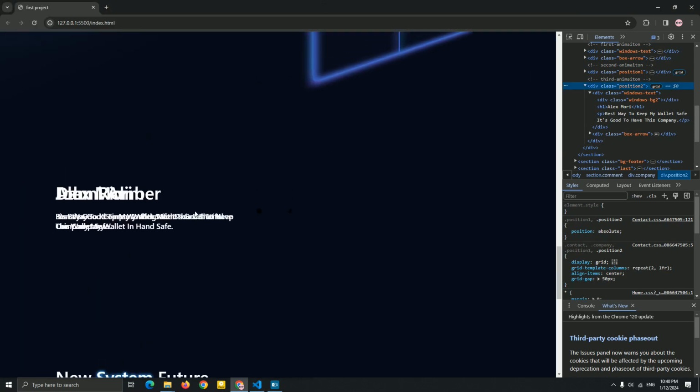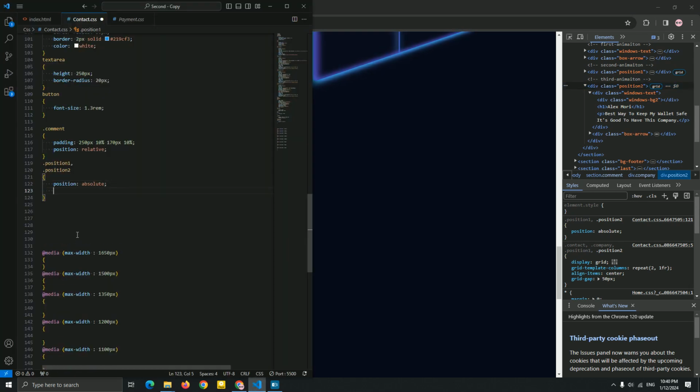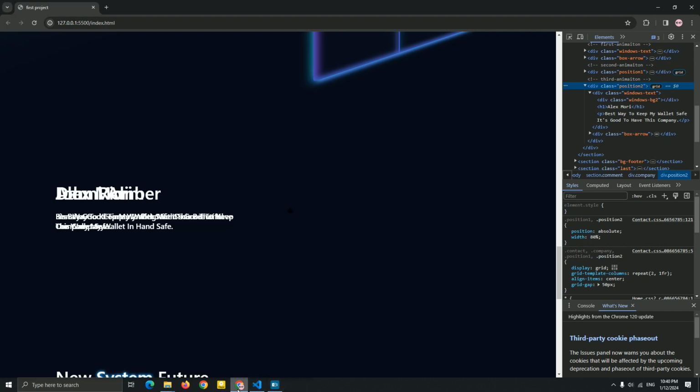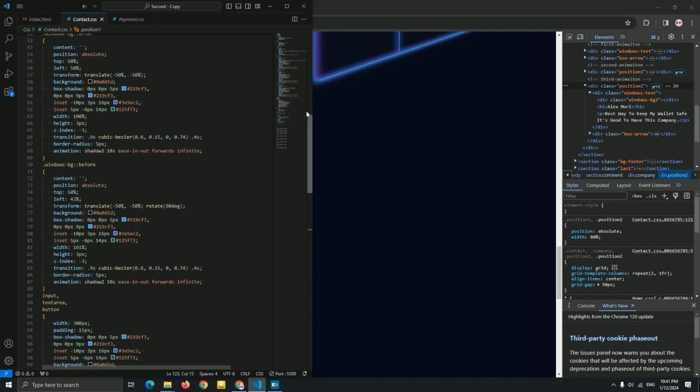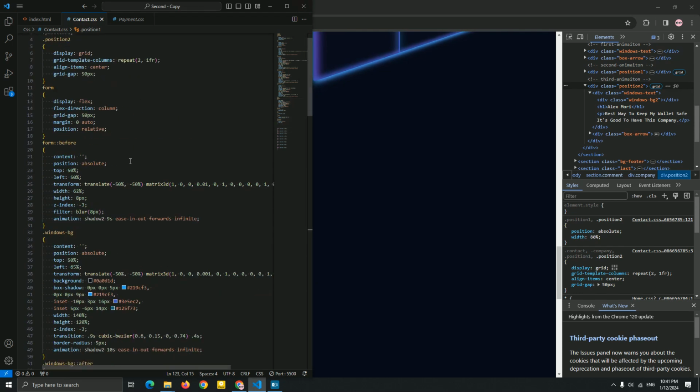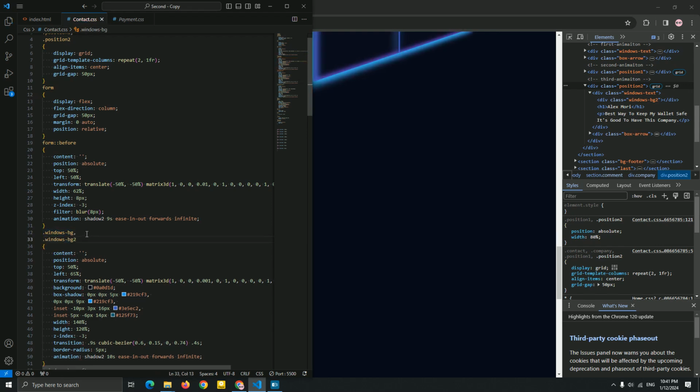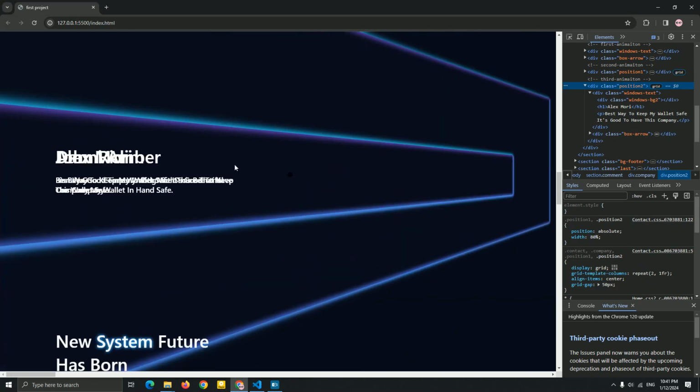As you can see, it's the same line. Now let me add width 8%. Okay, we just fixed this icon. Now let's go to the next. Okay, now let's start the comment, but before that let me add a Windows BG2. I think this is the same, but we need to change something from this. So let me see what we need.